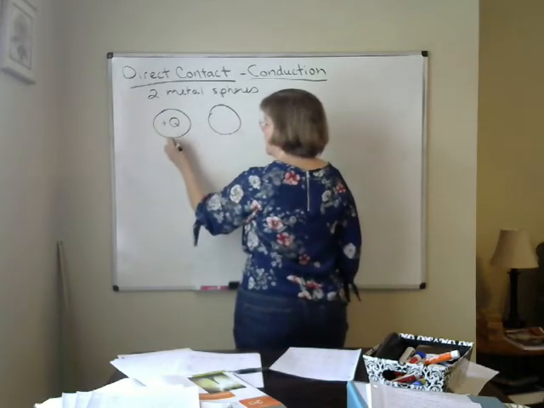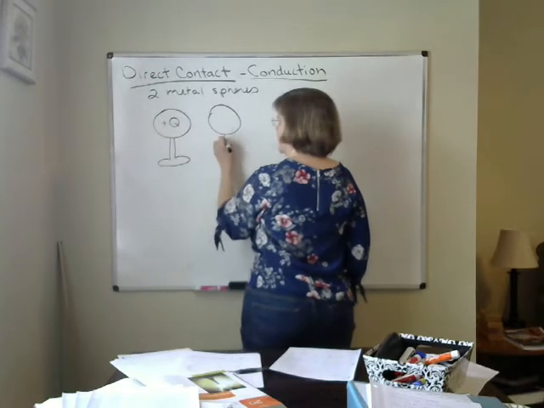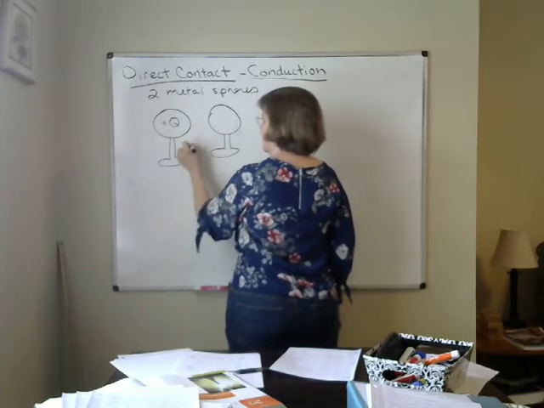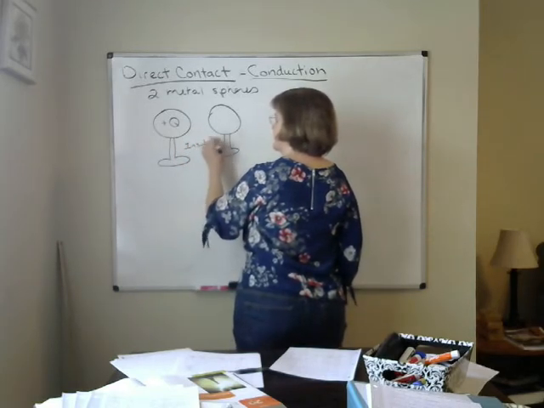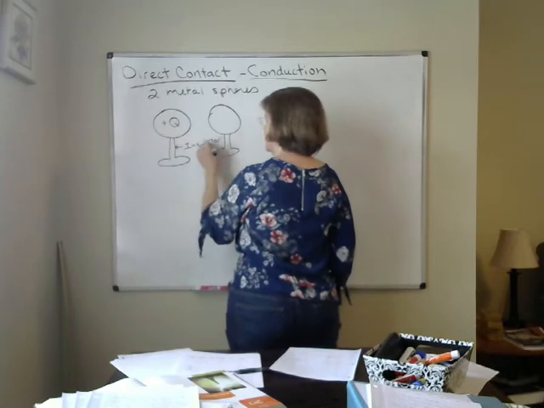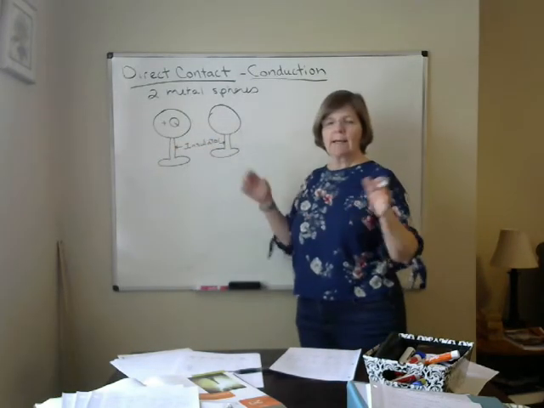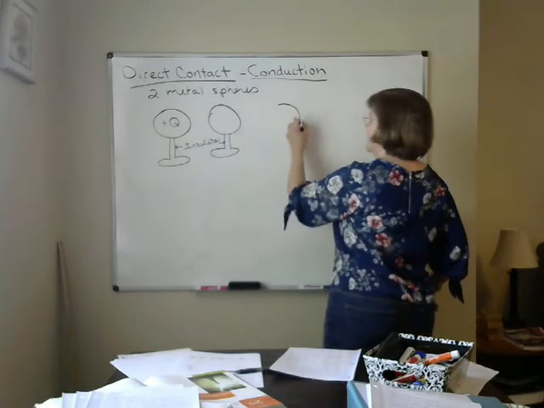I'm going to put a little stand on these, and my handle is an insulator. I want to be able to pick one up without taking any of the charge off. If I bring those two in contact,